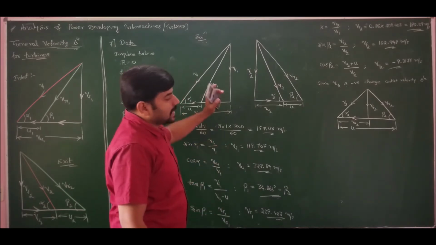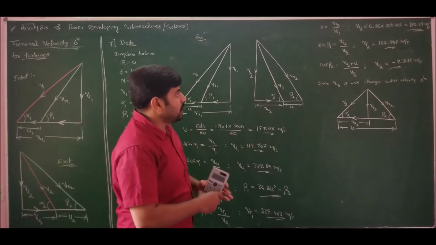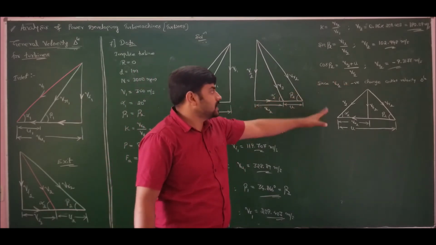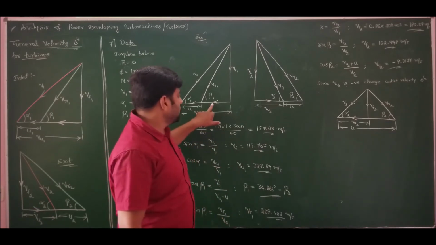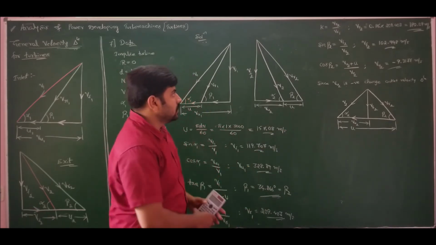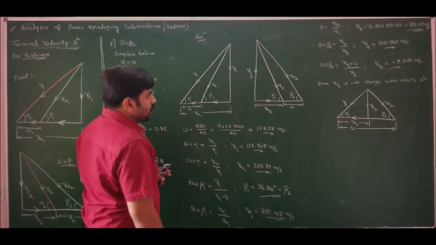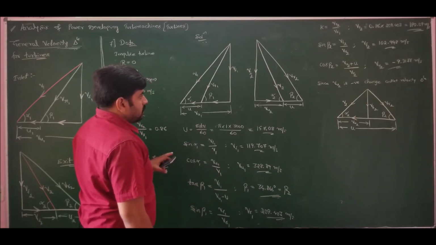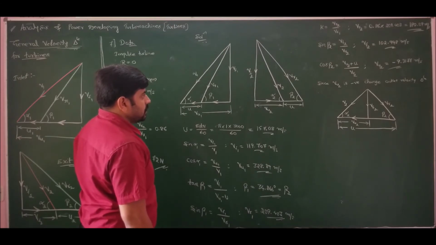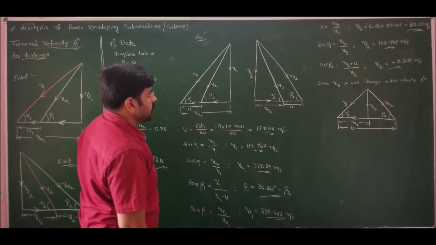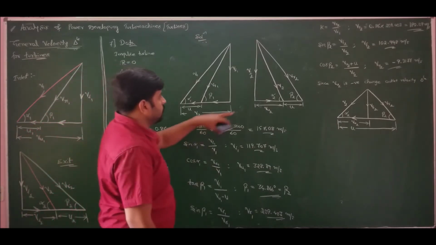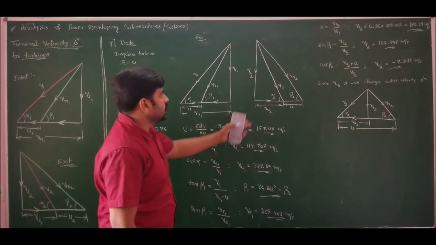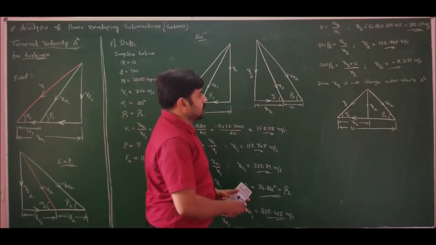So always start the problem with the default velocity triangle. If VU2 becomes negative, then change the exit velocity triangle as I did. So now we can see VU1 and VU2 are moving in the same direction. Now moving ahead, we know all the values to calculate the power developed. For power developed we don't need the value of alpha 2 and V2. If you want, you can calculate them.